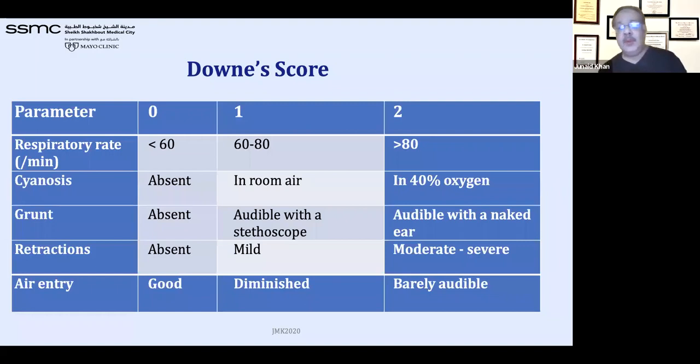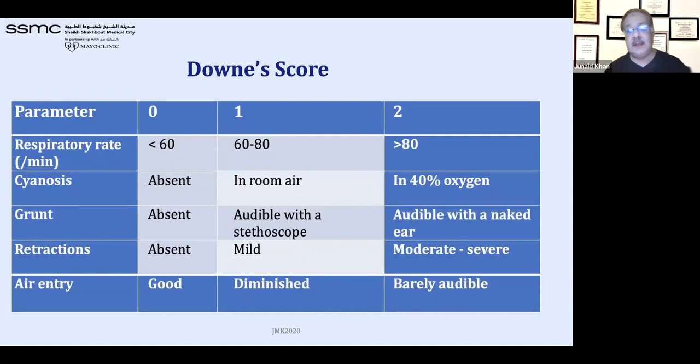These types of scores can help you in deciding which baby needs what kind of support. So there are two scores I showed, I think before also. This is called Down's score or Downey's score. Downey is the name of the person who developed it. This is 0, 1, and 2 minutes. The higher the score, the more severe the